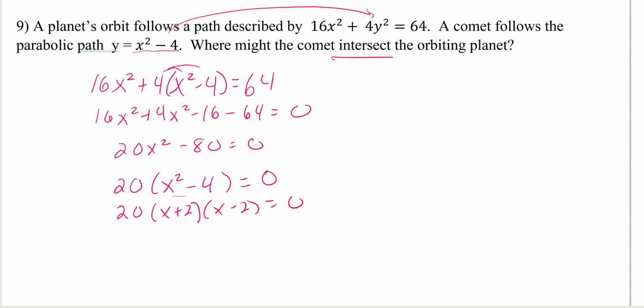Right? So here we would say if x is equal to 2 and if x is equal to negative 2, what would my y equal? So y would be 2 squared minus 4, which is what, 0? And then if you notice on this other one,